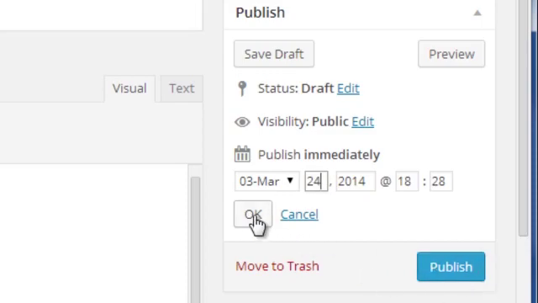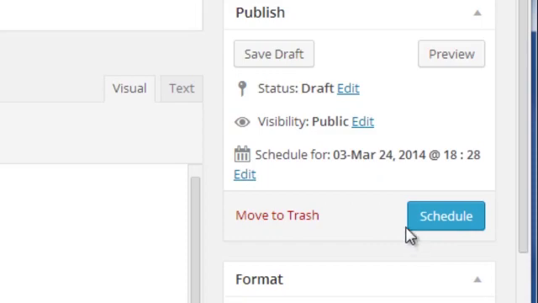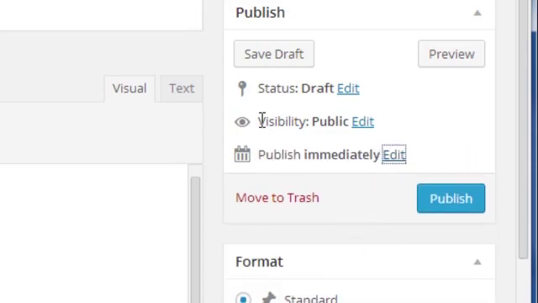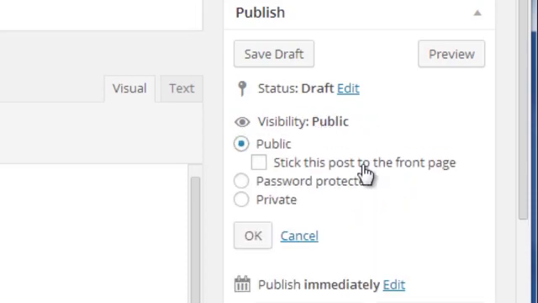Then the Publish button will change to a Schedule button. You simply now click on this to schedule this for future publication, and that will happen automatically. Let's go and put this back to where it was. Oh, and the visibility by default, as soon as you publish it, everybody's going to be able to see it. But you can click on Edit to change that to a password protected post or a private post where nobody can see it but you, or you can even check this box here to stick this post to the top